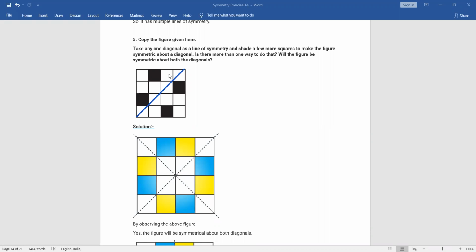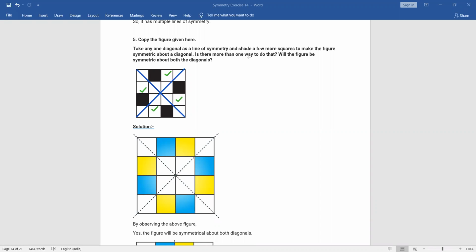So when we are folding it with this, we get this one to complete. That one to complete. We have this one to complete. We have this one to fold. So we have to draw these more. We will draw both of the diagonals, and by folding, by imagining, we can find out how many remaining squares we need to fill.